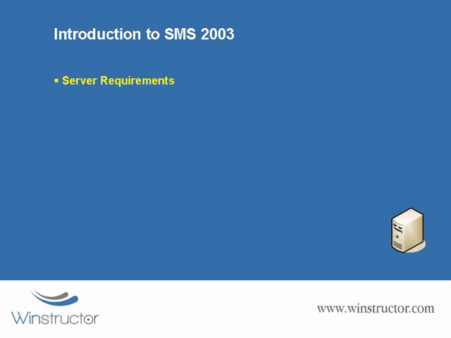So let's take a quick look at what you'll need to have before you can get started. Firstly, if it's an SMS server you want to install, you'll need at minimum a server with a 550 MHz CPU, although that's a pretty conservative minimum. Now, if you expect to get any sort of performance out of your SMS server, and if you plan on putting your database on the same server, you'll want something considerably more